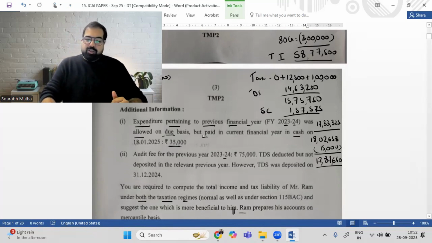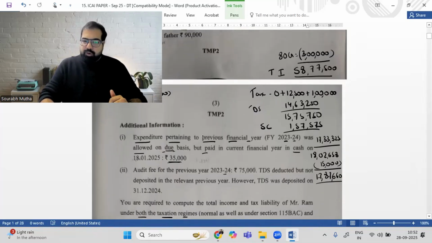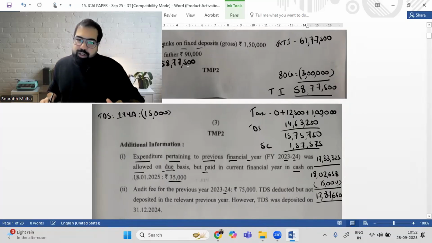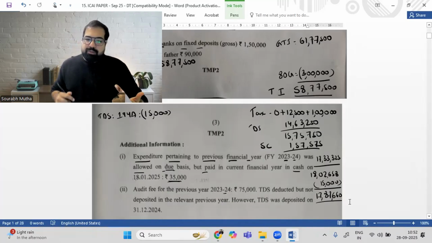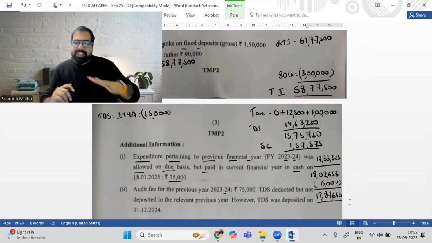Now, sir, will we spend so much time doing the new scheme? Not at all. We just take the total income, and I'll show you how to do it. The total income as per the old scheme is 58 lakh 77,500. Now we'll go head-wise and see what is not allowed. In IFOS, there is no change. In PGBP, you don't get some things.